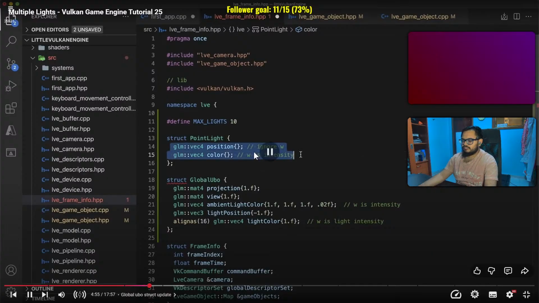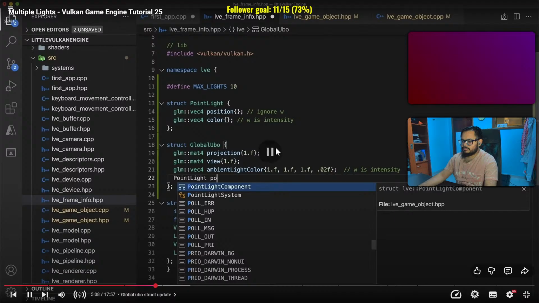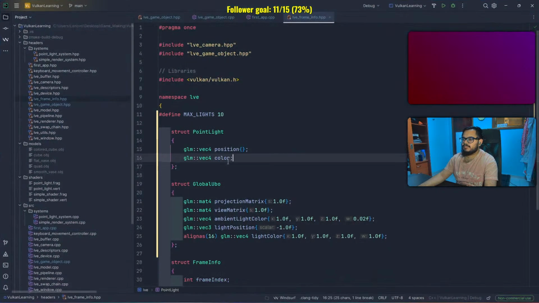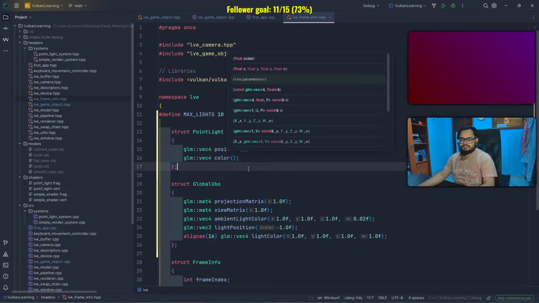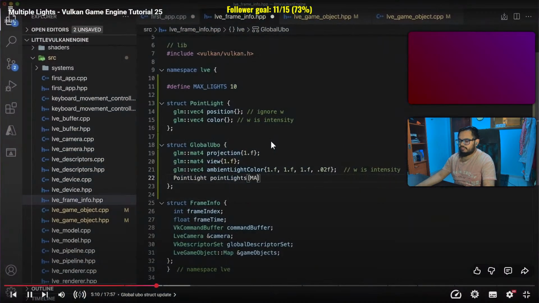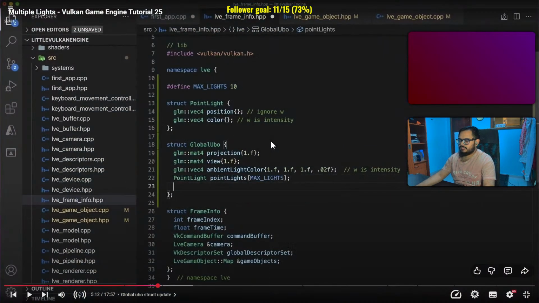So in the point light struct, we just define a position and color. I'm making both vectors just to keep memory alignment. Move the last two fields, replacing them with an array of point lights. Can we delete this? There we go. Finally, add a num lights field, which keeps